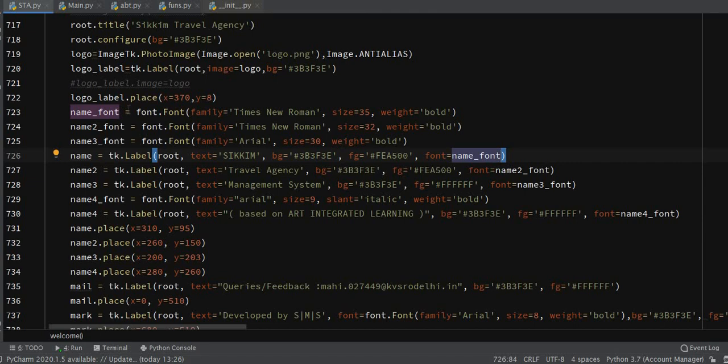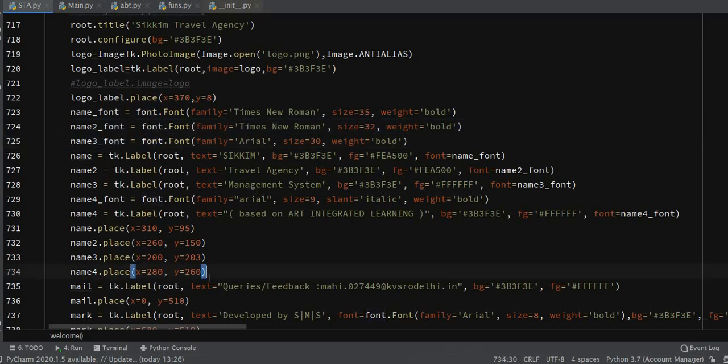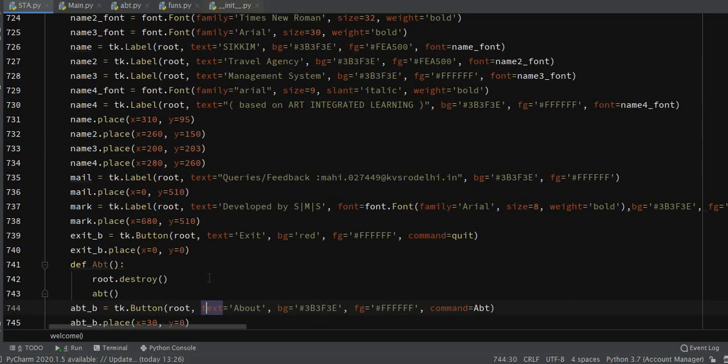Okay. You can also use this statement directly here, but just to be very neat about my code, I have done this. Then I have just positioned this using the same place function. And similarly, all the text that is displayed is with the same method. It's just that the font is different, so I have to declare different font types for them and assign it accordingly. So yeah. Now let us move on to the button.